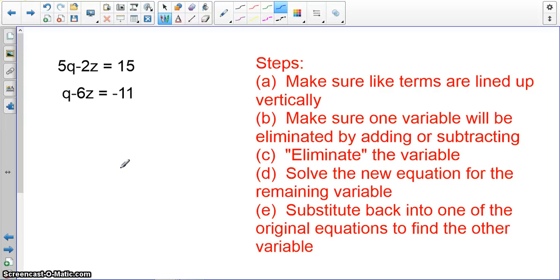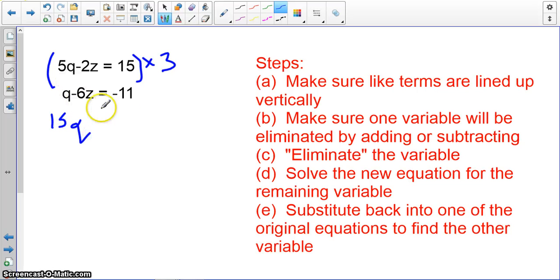It's totally a judgment call. Whatever you feel like doing, I'm going to say, hey, let's make the 2 with this z the same as 6. So what I do, and here's how I usually show the work, I just write times, well, they go from 2 to 6, I better go times 3. Or negative 3. Now I've done examples that all worked out the same way where you could add, so I'm going to do this example where you subtract. It does not matter really, but just check it out. So times 3, so we get